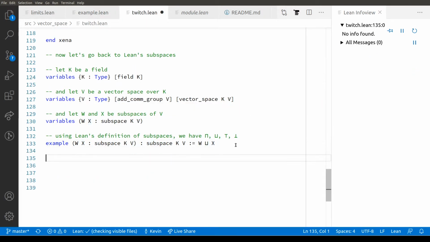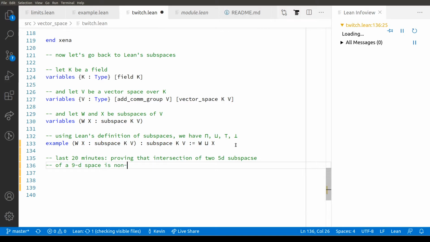So now finally onto the main order of the day, last 20 minutes, proving that the intersection of two 5D subspaces of a 9D space is non-zero. So how are we going to do that? I guess, what do we have already? We have let K be a field and let V be a vector space over K. Okay, so let's